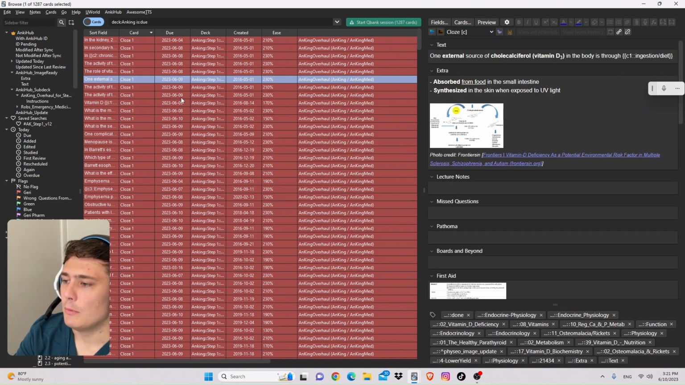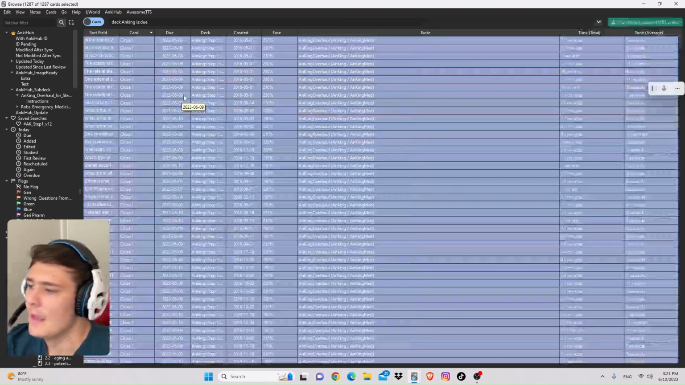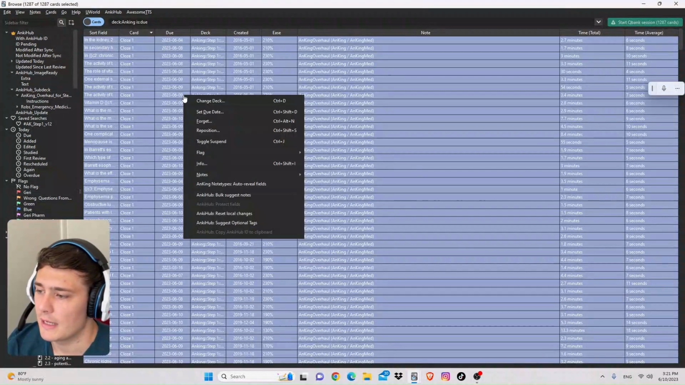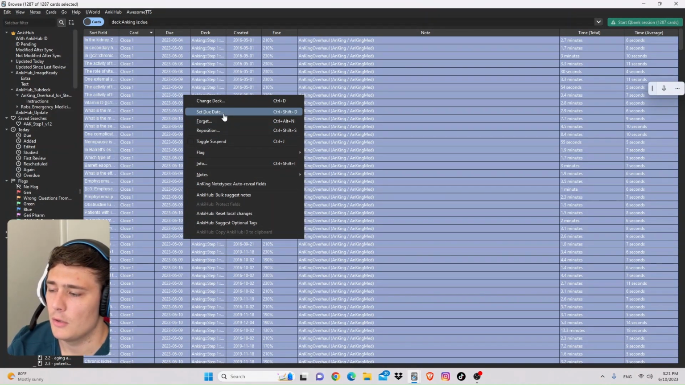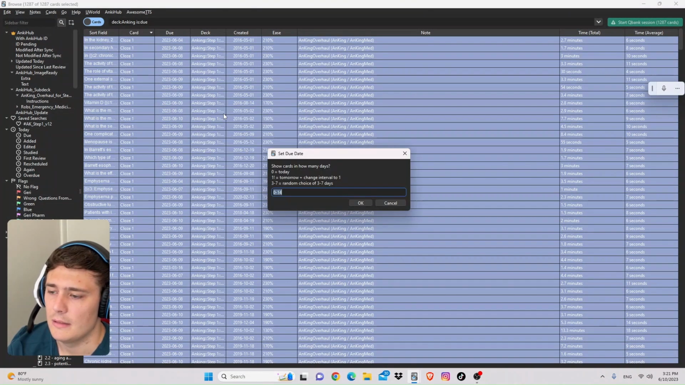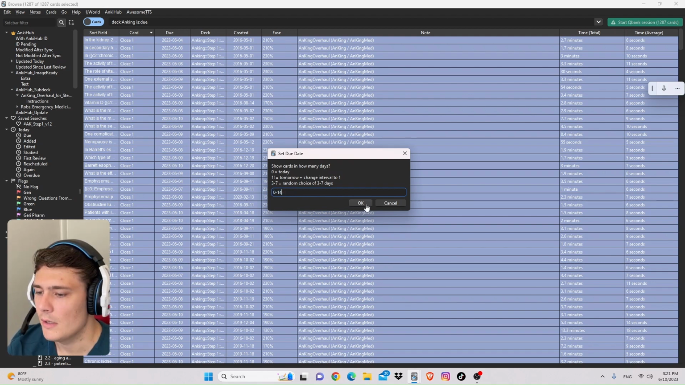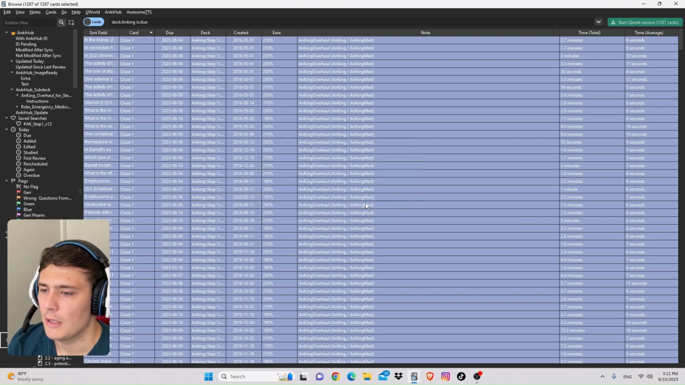That information is useful for the algorithm to appropriately schedule your cards. So instead, what we can do is hit Control A, and then we can reschedule this over the next 2 weeks. And then we can go to Set Due Date, and then we can reschedule this between 0 and 14 days. All right. And after we hit OK,